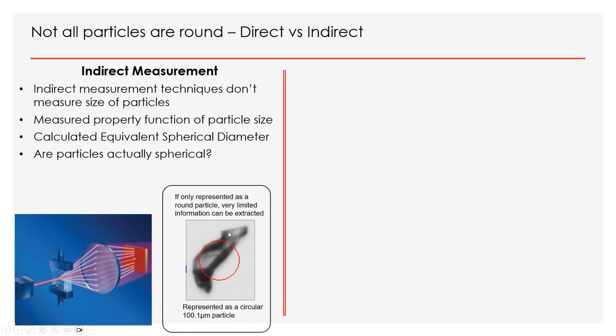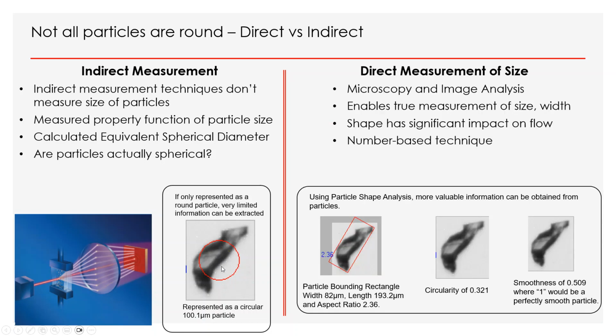In the case of this particle, which we zoomed up here, if we assume it is round, it will be represented as about a 100 micron particle. You can have an air bubble that's about a 100 micron particle. You can have a fiber that could be represented as a 100 micron particle. Indirect measurement techniques will always assume all particles are round,